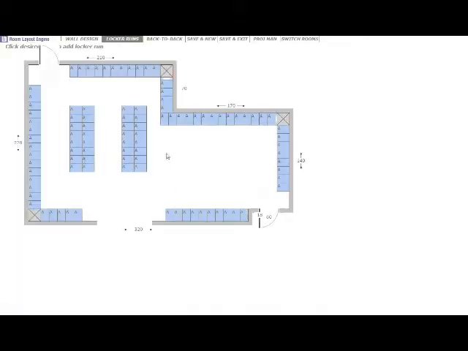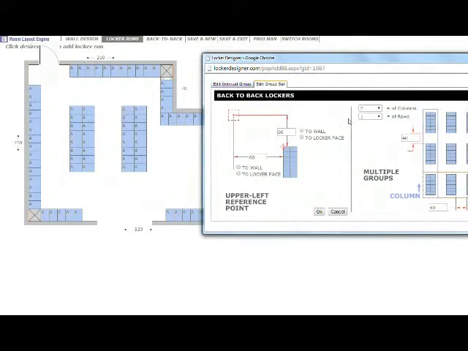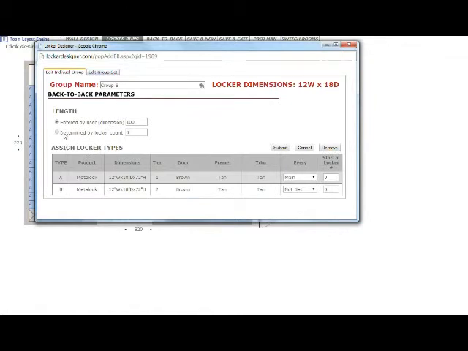Okay, we actually can do a few things here to manipulate this. We'll go to the group set first of all, and we'll say we can move this left. We'll go 10 inches here, and say okay. We'll see how that looks. Okay, that's more reasonable. And then we'll tack on 2 more lockers. So we'll make this 120. Hit submit,